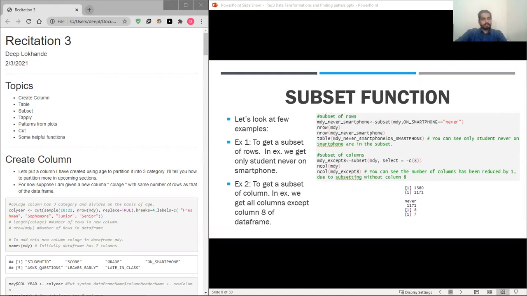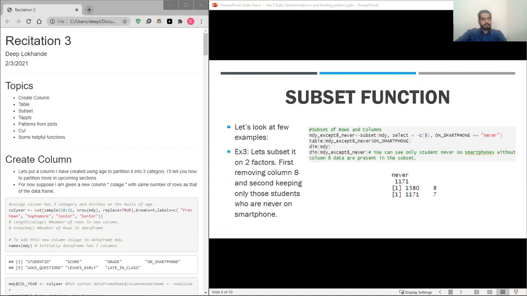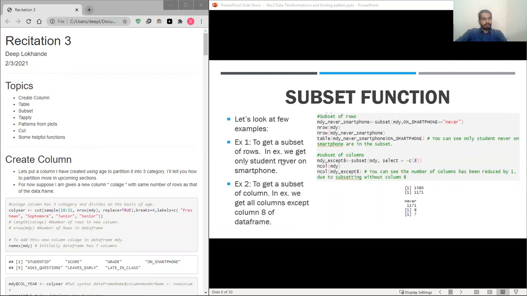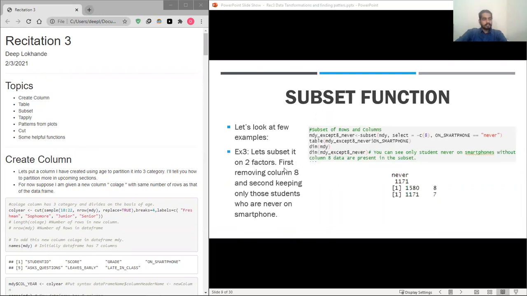Another example on the subset function. Suppose I want to subset on 2 factors, combining both of the previous examples of rows and columns. Let's look at how we will do that. In the subset function, we will write the data frame name, and using the select parameter, we will say that we don't want to select column 8.